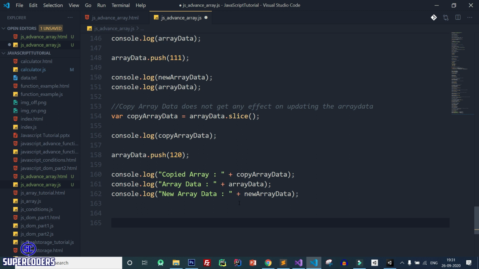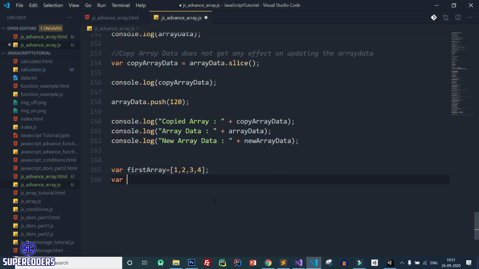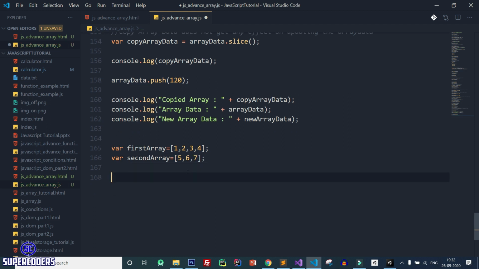Also let's see one more example. If you want to join two array data, means you want to add or combine two arrays to create one new array, where first array equal to 1 2 3 4, and again second array equal to 5 6 7, and you want to join these two arrays to create one single array.